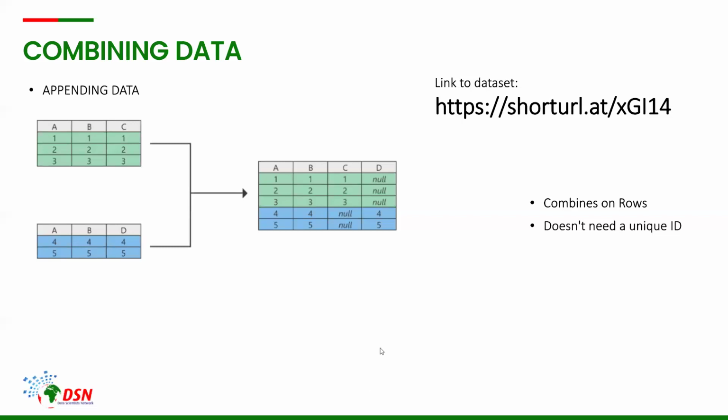So for when you are appending data, you don't need a unique ID. You can just combine your data like that. You just want the two sheets to be together. Then